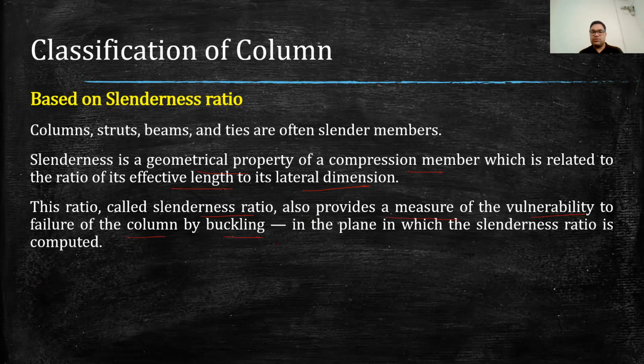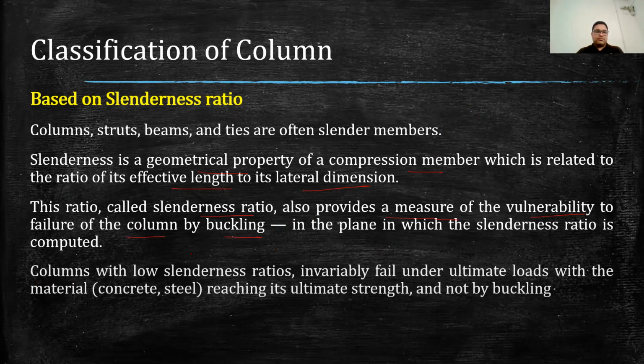As I just showed you with the help of the diagram, the higher the slenderness ratio, the higher the chances of buckling. A column with low slenderness ratio will utilize its full strength. So if the column is short, then when we apply the load, there are chances that it won't buckle, but it will actually crush. Failure due to crushing will be the ideal failure. In that case, we will say that it has failed after utilizing its full strength.